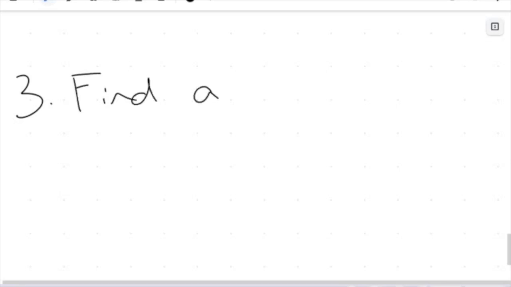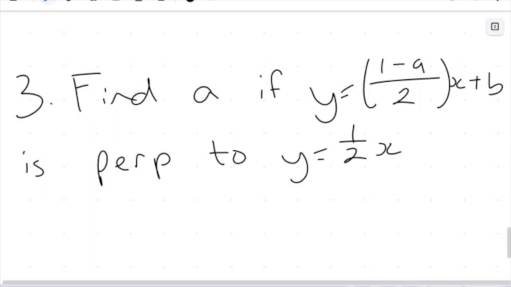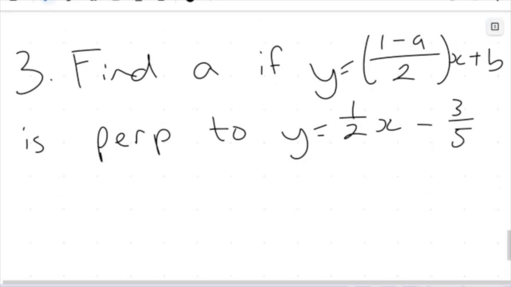So here I want us to find a if y equals (1 minus a over 2)x plus b is perpendicular to y equals 1 on 2x minus 3 on 5. Now, what I've noticed in my years of teaching and tutoring is that when students encounter